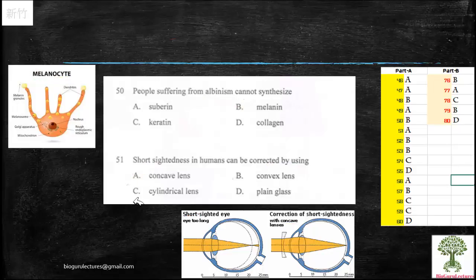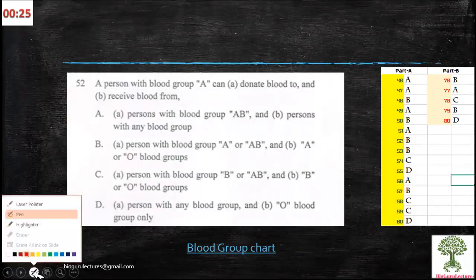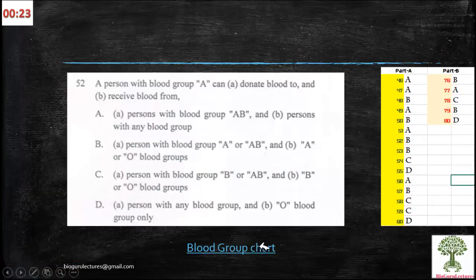As we move on, next question is 52. A person with blood group A. It's always advisable to draw a chart of blood groups so that it is easier for you to answer any sort of question without any doubt. So